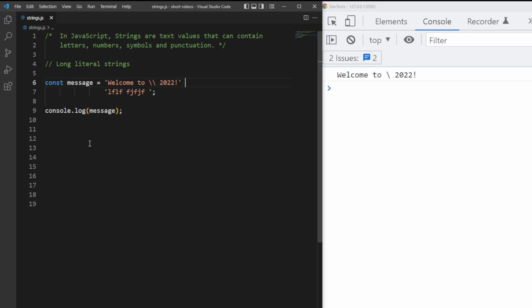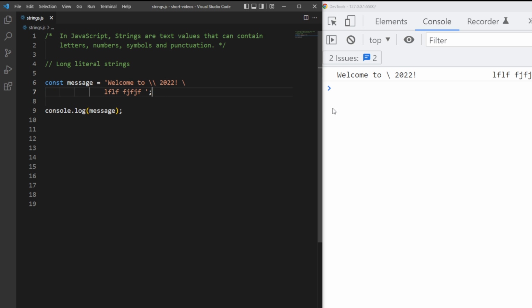But if I put the plus sign here, then it will concatenate both. Something that you can also do is to use a slash at the end of the first piece, and it would do the same, but it would also concatenate the empty spaces that we have right here. Okay,